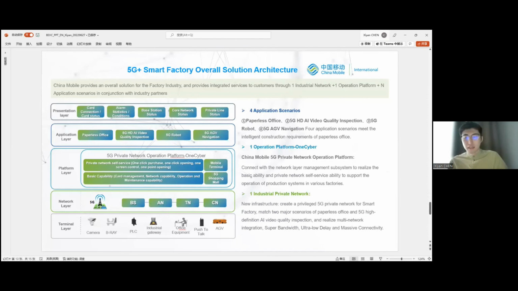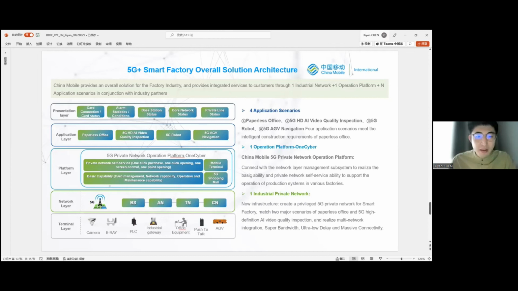And there are some case studies we're doing through 5G and industrial networks. For example, the first one is the smart factory. And this is the overall solution architecture. Firstly, we will have a platform layer in the middle, which has a 5G private network operation platform. So in this platform, we will have